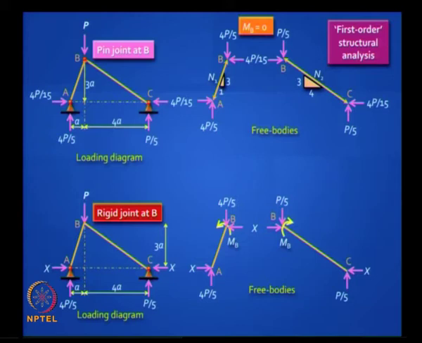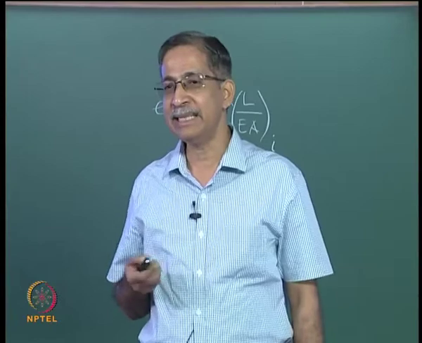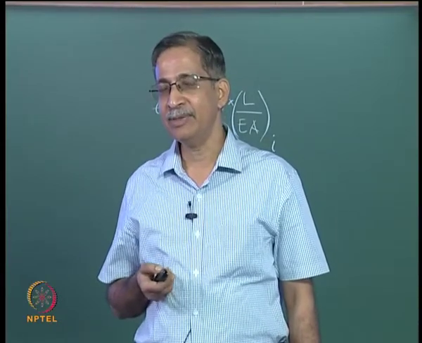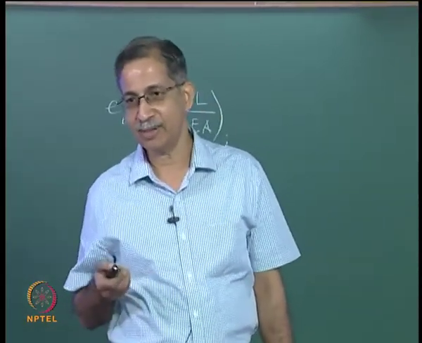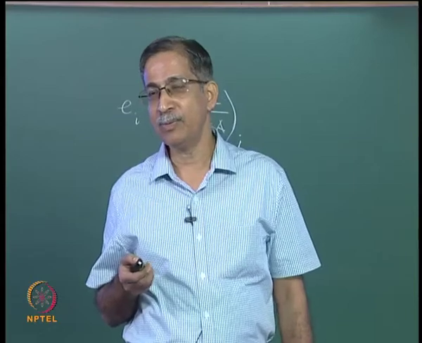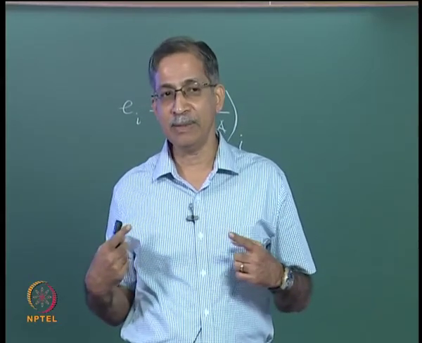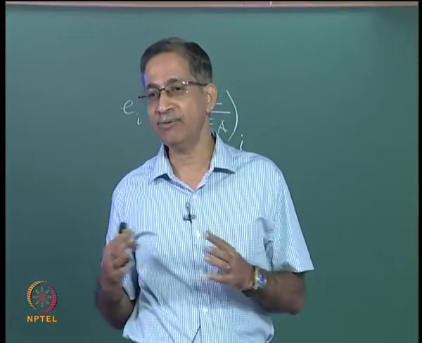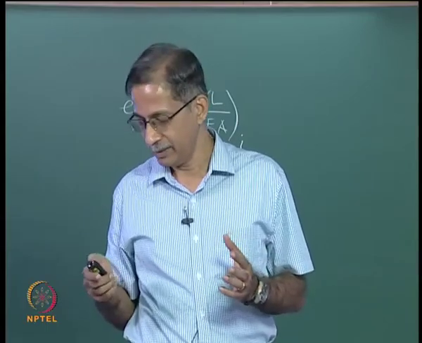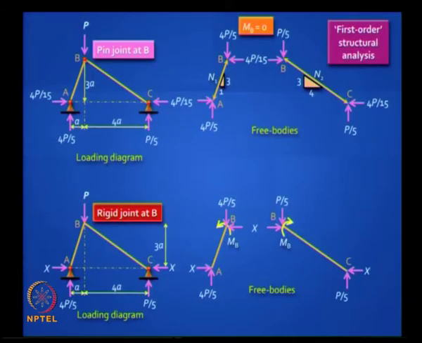90 degrees will be. No, that is not the reason. Why won't sagging moment work? Now to really understand this, try to visualize it, visualize this by looking at the deflected shape, the possible deflected shape. Now please note, we normally assume that when you deal with frames, this is a frame, it is not a truss anymore, we make the assumption that axial deformations are negligible, right. So B does not really move down, B will move down only if the 2 bars will reduce in length.